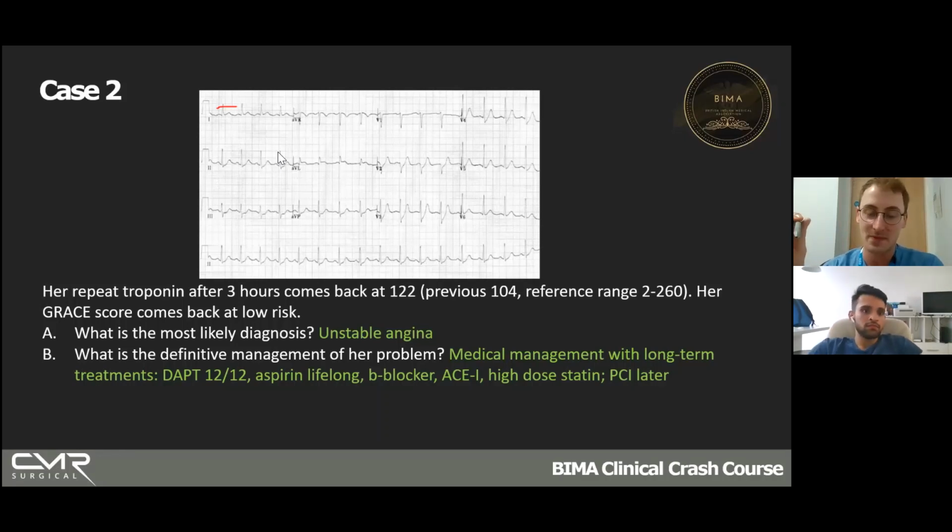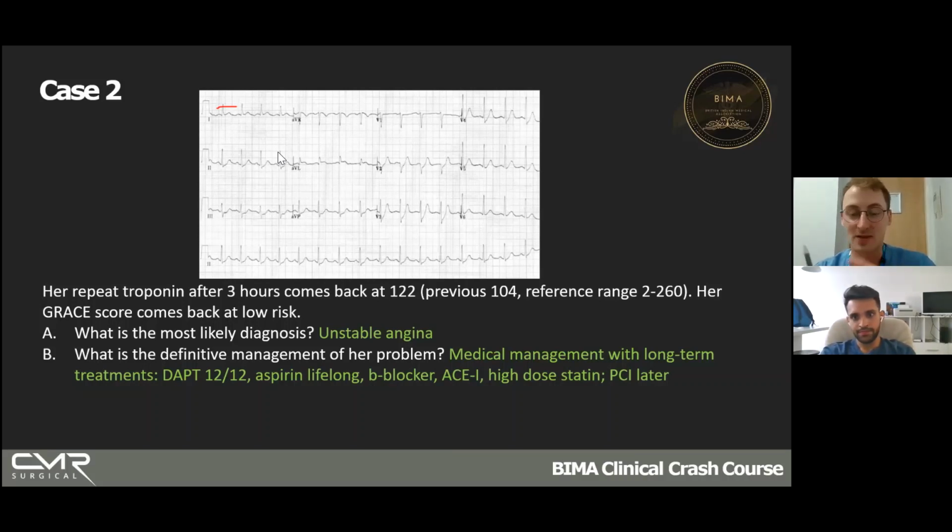So let's say this lady had no chest pain, and her ECG was normal. You did a troponin because you're just mad for some reason and it was raised. So you've got to do another one in 3 hours because you just made yourself more work. And it's high. That is not the right clinical context for ACS. What you need to do is interpret it within the clinical context. So this lady has chest pain that sounds ischemic, she has ECGs that look ischemic, and she has a troponin that is a little bit raised.